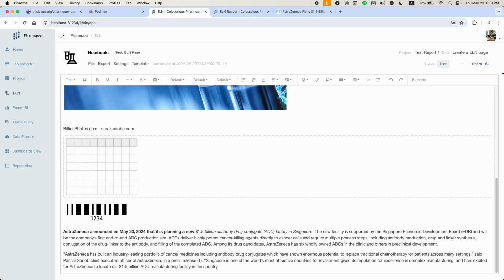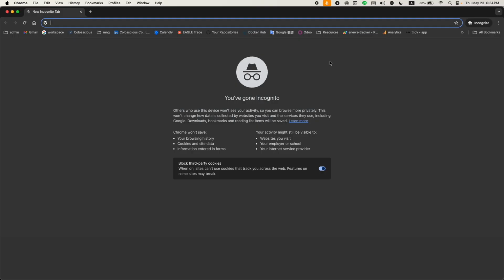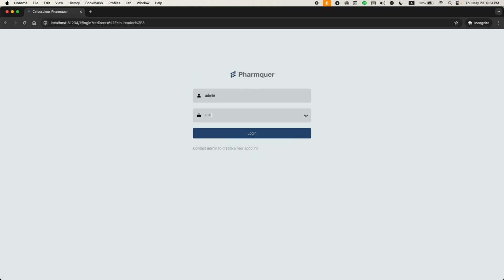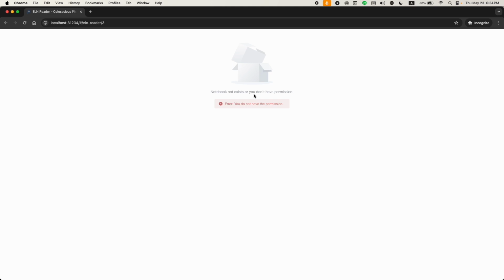Or we can click the copy button to get the sharing link. And let's log in with another user. Here, we find that administrator does not have the permission to view the page.